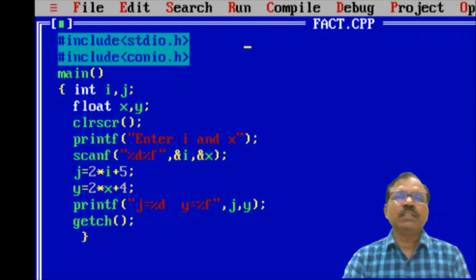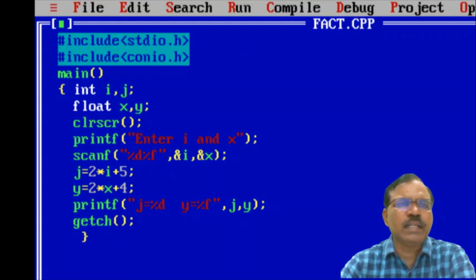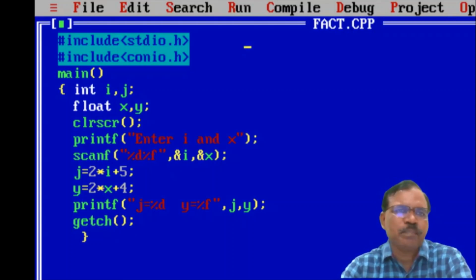Now see a simple C program. Here we have first two statements that are preprocessor commands, and then the main function. In the curly braces we have statements. The first statement is int i, j. This is a declaration statement.